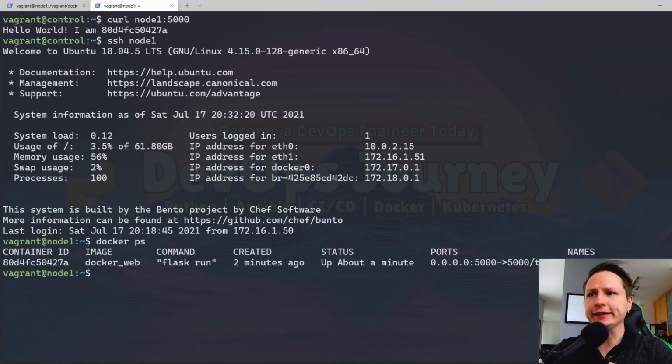Let's go ahead and get this container running on all 3 servers. Now, the best way to do that is to use an orchestrator. We're going to be using Docker Swarm, but there are other orchestrators that you can use just the same. The most popular one out there, you've all probably heard of, is Kubernetes. You can do this just the same on Kubernetes. Kubernetes is a little more difficult to get into,